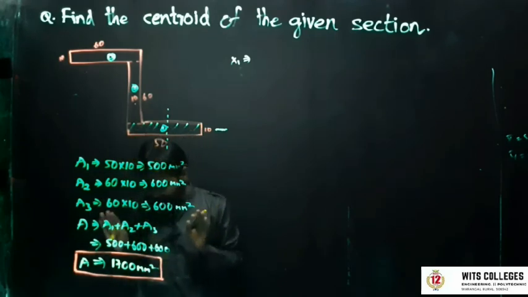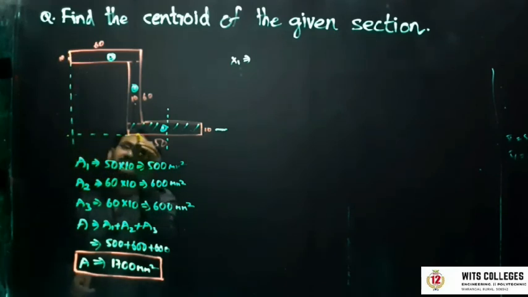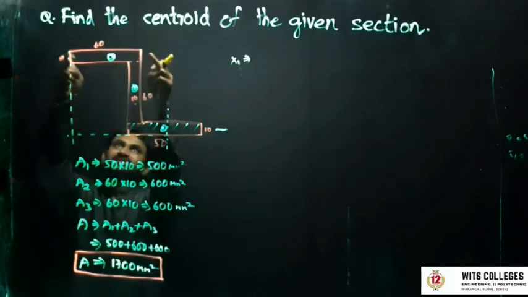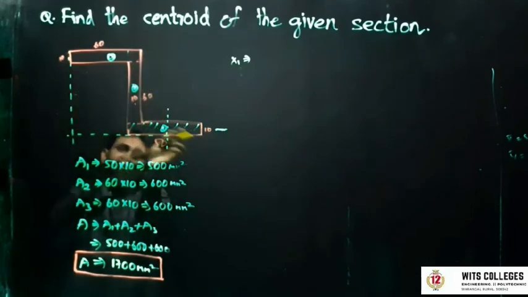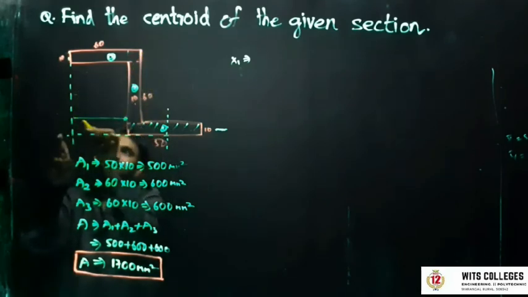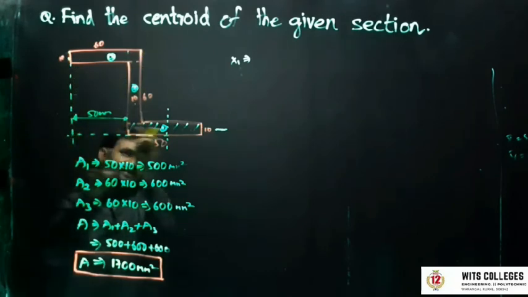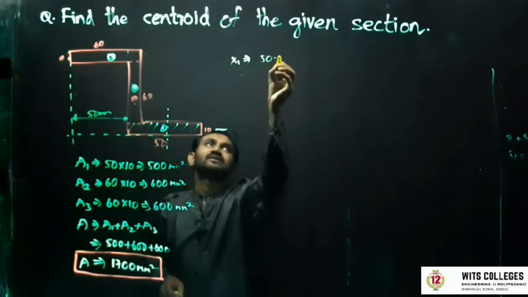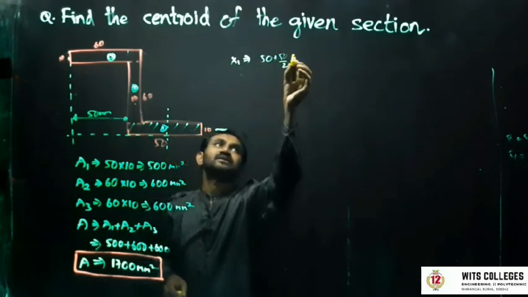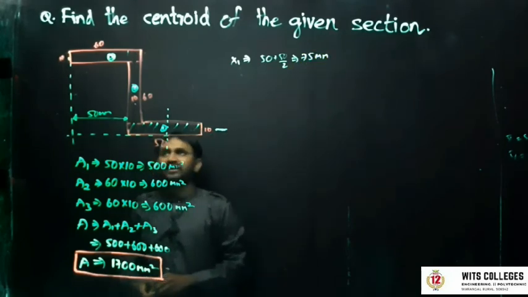But my figure starts from this point. The axis starts from here. So completely it is 60, but in this 10 is gone. This 10 is included in this, so the remaining portion is 50 mm. In this 60, 10 is gone, so I am taking only the remaining portion 50, plus half of this, 50 by 2. So that is 50 plus 25 mm, that is 75 mm.